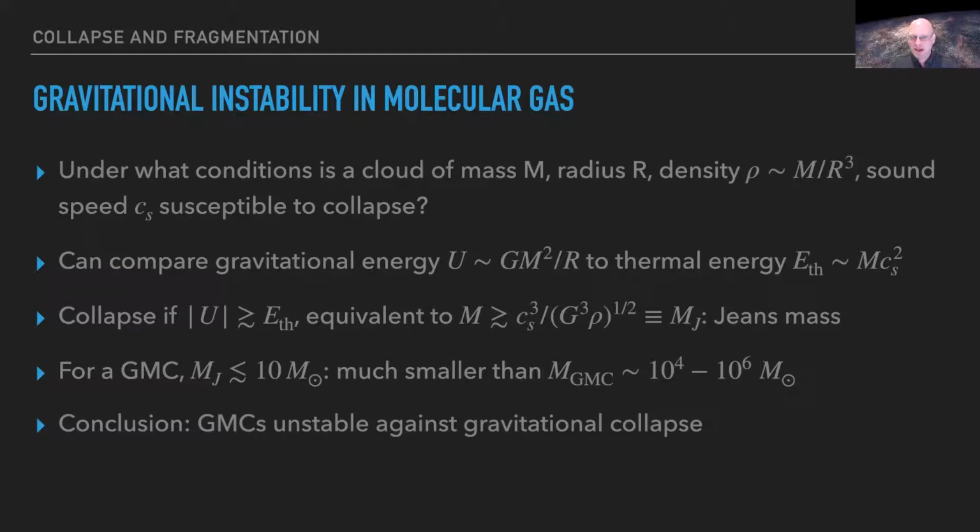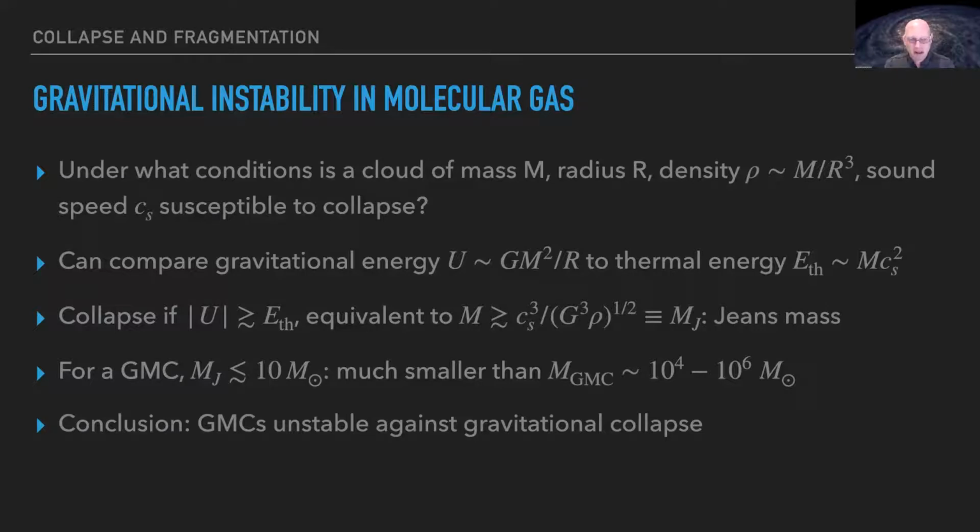Well, very simply, this is a contest between gravity and thermal pressure. So let's compare the gravitational energy, which must be of order G m squared over r, to the thermal energy, which must be of order mass times sound speed squared. And we expect collapse if the gravitational energy is larger. So you put those things together, and what you find is that there's a critical mass, which is of order the sound speed cubed divided by the square root of G cubed times rho, and we call this mass the